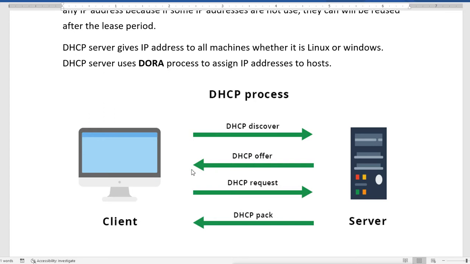If the DHCP server is not there to give the answer, then what does our machine do? If it is a Windows machine, it will assign itself an IP address, that is an APIPA private IP address. It uses the APIPA range to assign its own IP address. But if it is a Linux machine, then it will not use APIPA. It is not going to use any IP actually. It will remain IP-less.